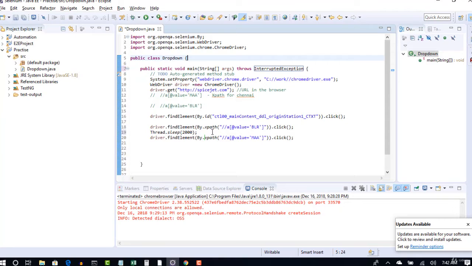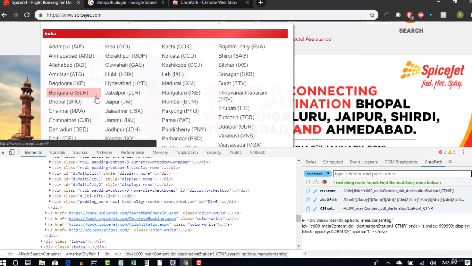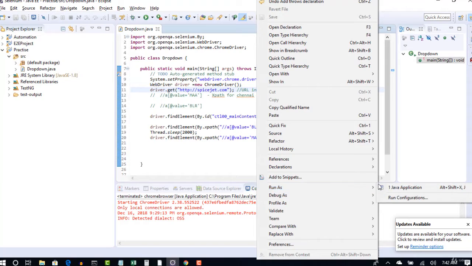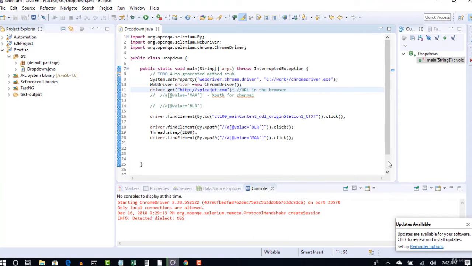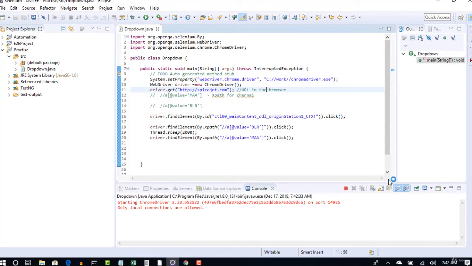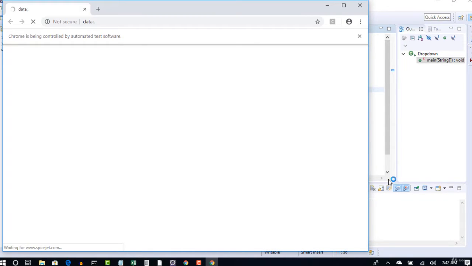It may not be the best practice to use sleeps in your test, but in our next lectures, I'm going to talk about explicit wait and implicit wait, and there you can get rid of all these sleeps and use that wait mechanism. But before getting to that lecture, for now I'm just using the sleep here, just in case it takes a second to open this drop down. Okay, let's run this test and see what happens. In general, it should pass because we have provided the right XPath, right IDs, everything right. And you know the reason why it fails. So let it fail first so that you will know the reason, and then let's go and fix that.